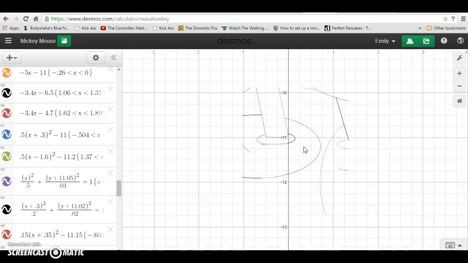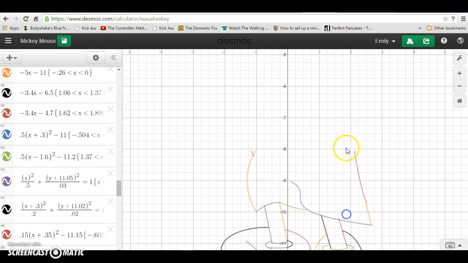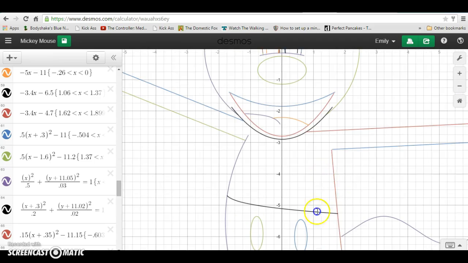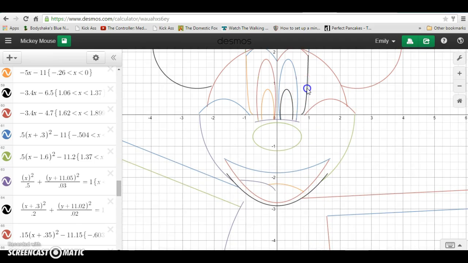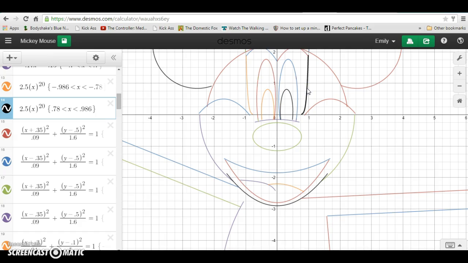Another helpful function that I used created the outline for Mickey's face right up here. And I considered using a quadratic, but I needed something a little bit wider. So instead of raising the x to 2, I raised it to 20, which increased the number of zeros and the distance the function was on the x-axis right here. Then I restricted the domain to 0.78 is less than x, which is less than 0.986, so that I only